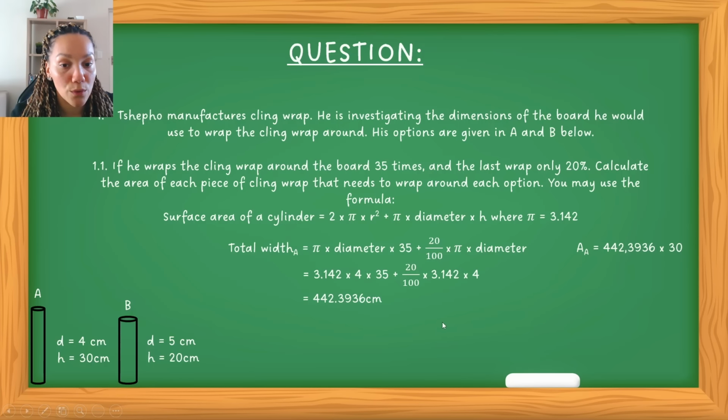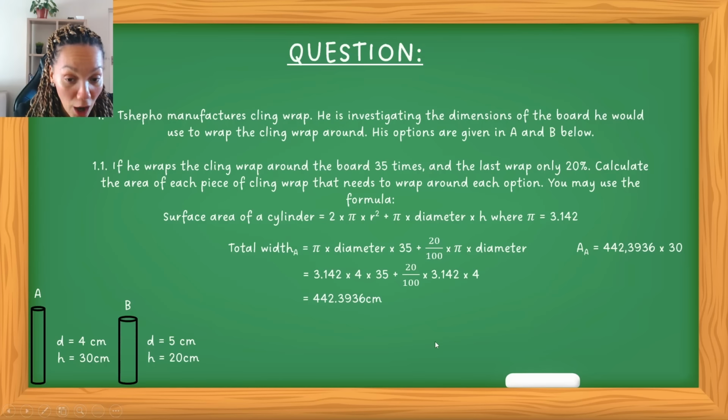So no, sorry. The reason why this isn't centimeters squared is because, you see, the rectangle we had, we just calculated the top part, which was the circumference, and we multiplied it by 35, which gave us the whole length. So that length alone is then 442.3936. Now I must multiply it by the height, because the area of this rectangle around the cylinder,